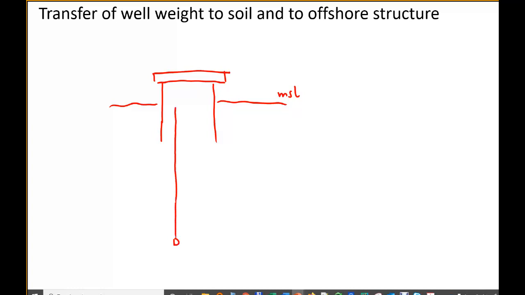And that's actually more or less in tension. Then you have here a deck where you have the connection. And this guy is moving up and down. The spar is moving, it's a floating structure, so I think typical movements are 3 meters of the spar up and down. That is still quite a big